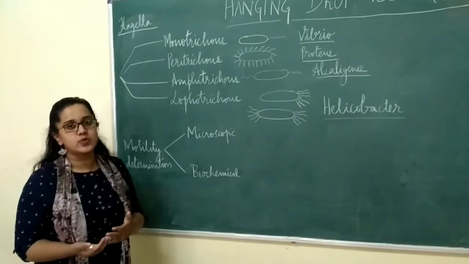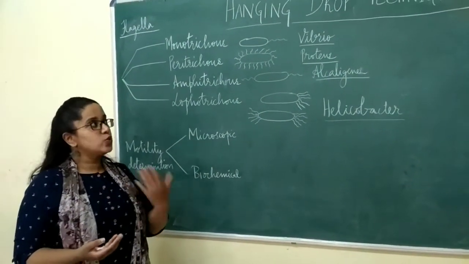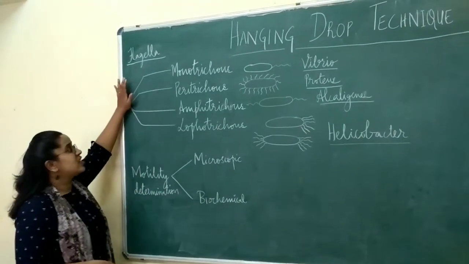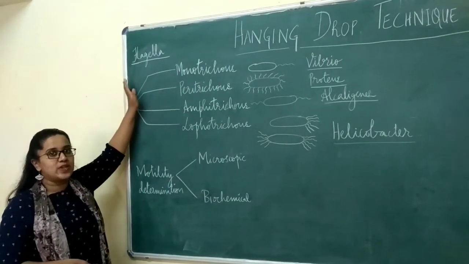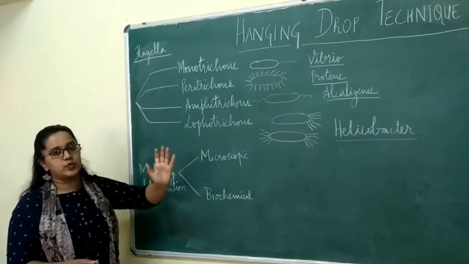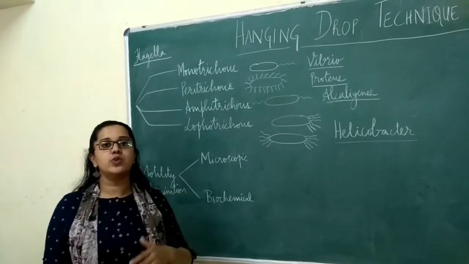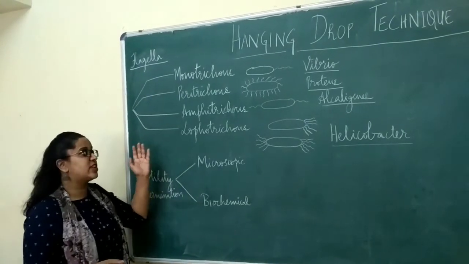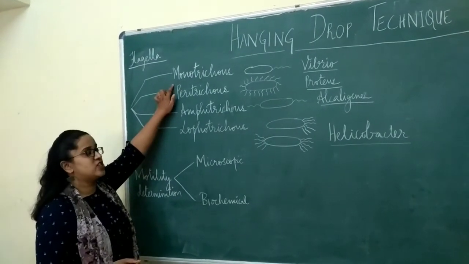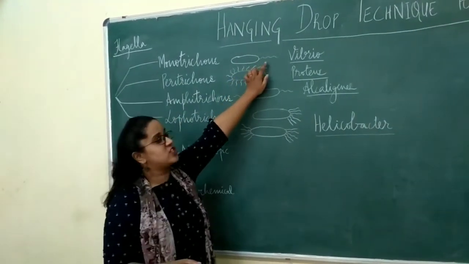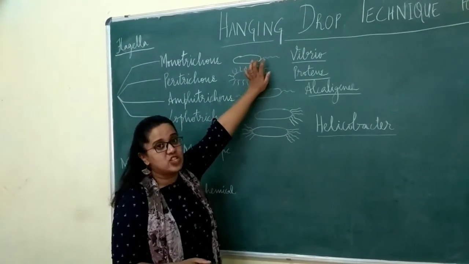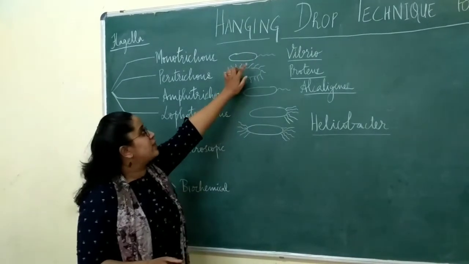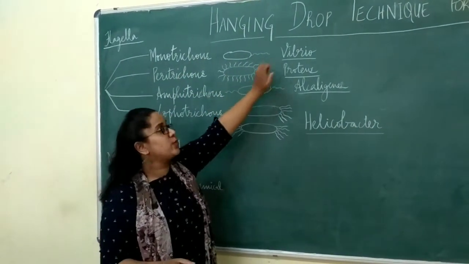Now most organisms which show motility move by the use of flagella. Flagella are an organ or a part present in certain microbial cells which helps the microbe to move. There are different types of flagella based on their arrangement. We have monotrichous flagella, in which only one single flagellum is present at one end of the microbial cell. An example for this type is Vibrio.